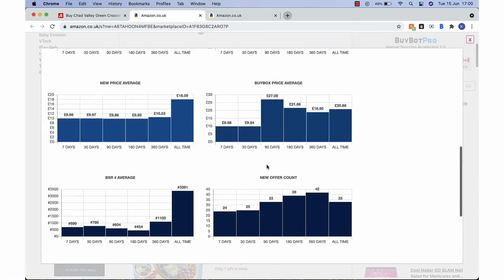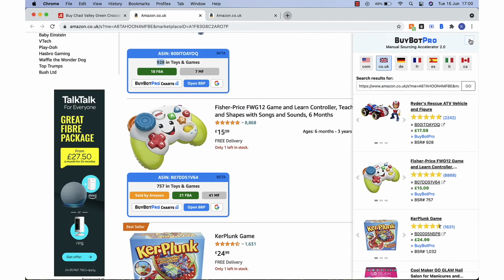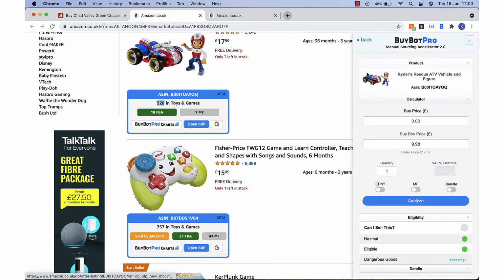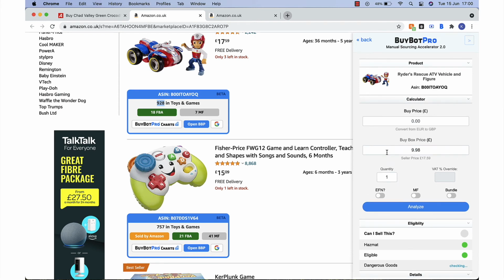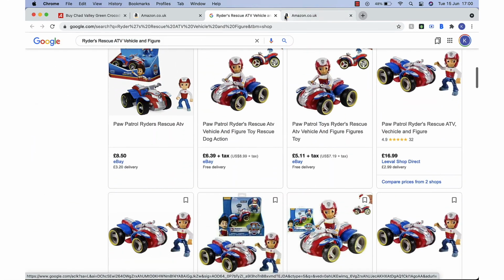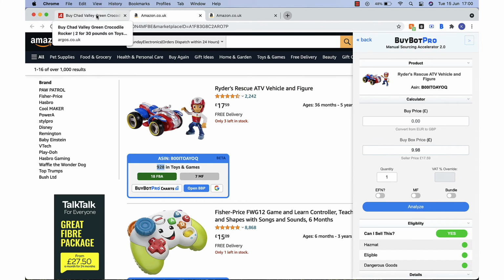So you can again look at what you're kind of interested in within those charts. The X just takes you back to here. You can open the product within BuyBotPro, so you can do some more analysis like we've been doing with that other product. And then you can also just open it with Google and it will search for that product so you can have a look yourself. So just close these and there. So if we go back to this one,